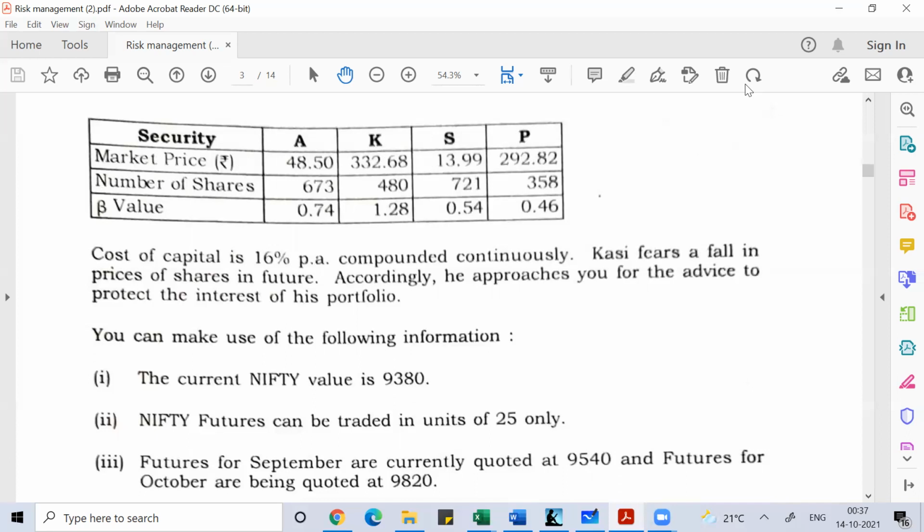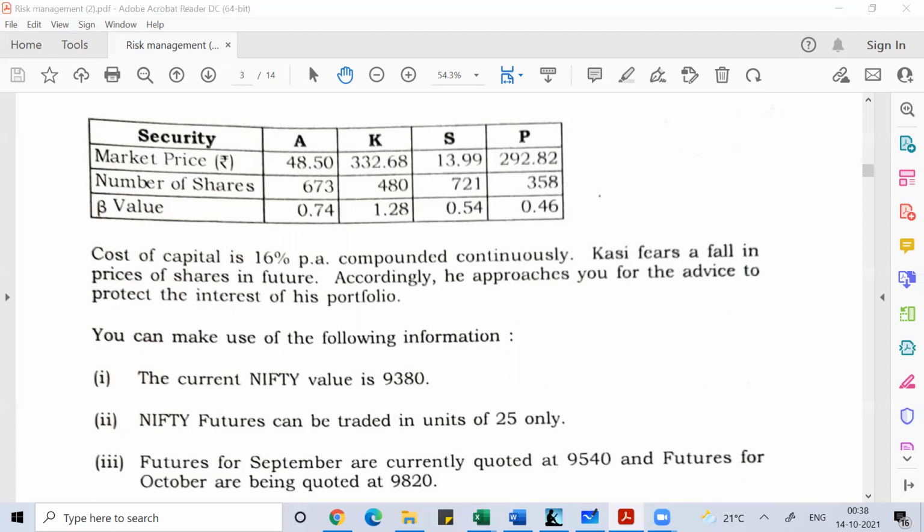So probably because this person has a concern that the value of his portfolio should not fall down. That is his concern. That's why he's looking for Nifty. That's why he wants to take a short position over the Nifty contract. So this person should know the beta of his portfolio. In order to work on it, we can do an assessment of the beta of the portfolio.